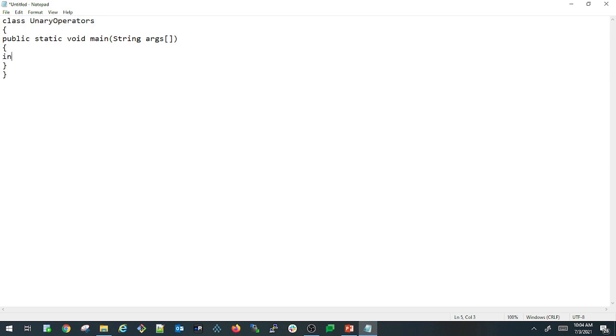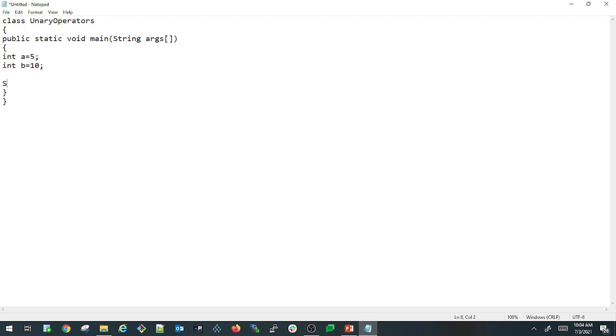Inside that I'm declaring two variables: int a equals 5, and int b equals 10. So these are the two variables I declared. Let us first write a pre-increment operator.